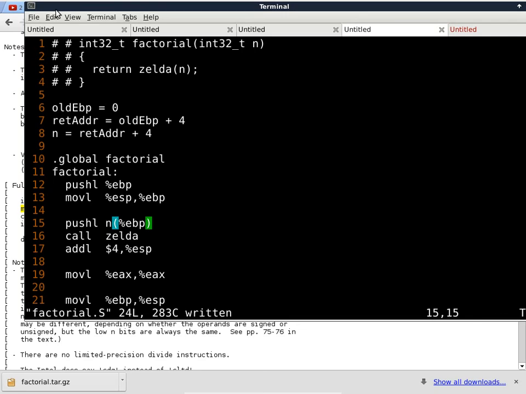The addl to ESP, is that optional? That's a tricky question. Without the instruction on line 17, the program is not going to crash, but you'll be wasting 4 bytes on the stack for no particular reason. It's a tricky question to answer. It's not going to cause your program to crash, but yet you're not using the space on the stack efficiently either. Now, if I'm calling Zelda in a loop, it's not going